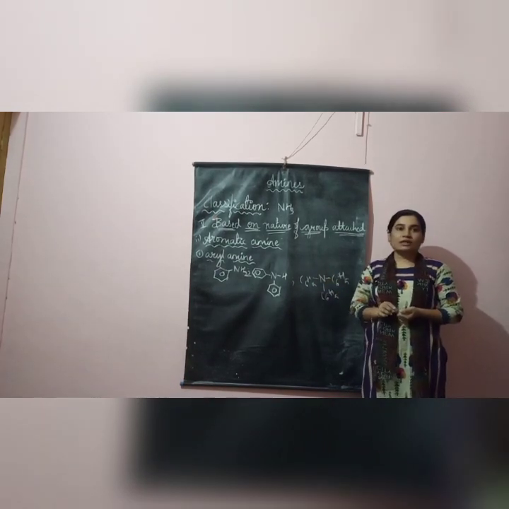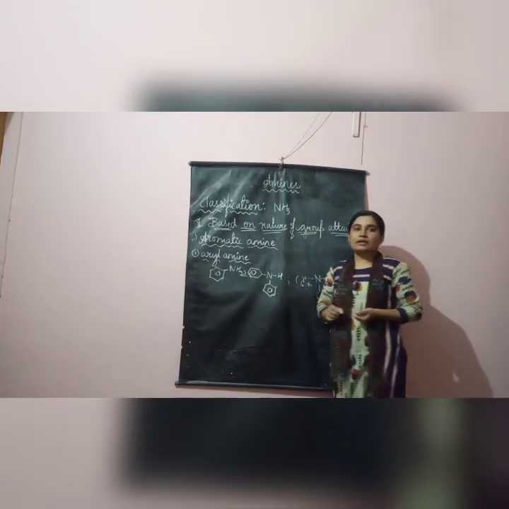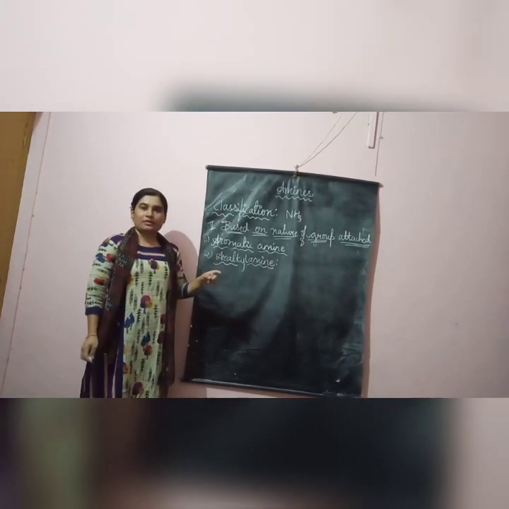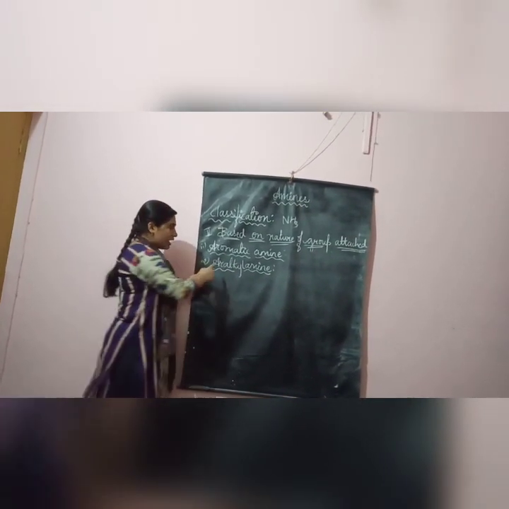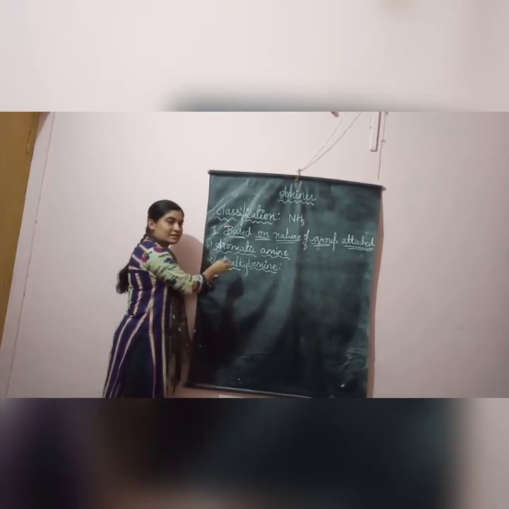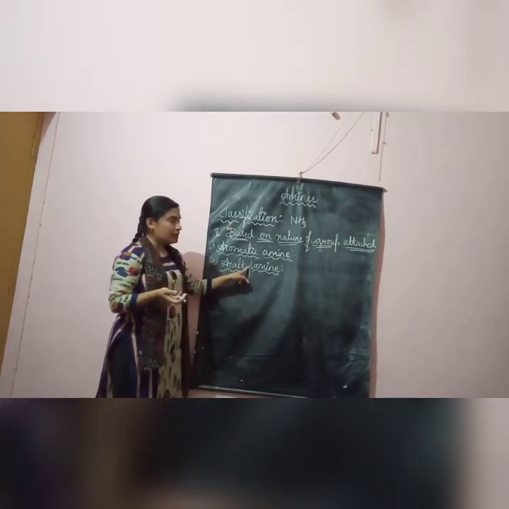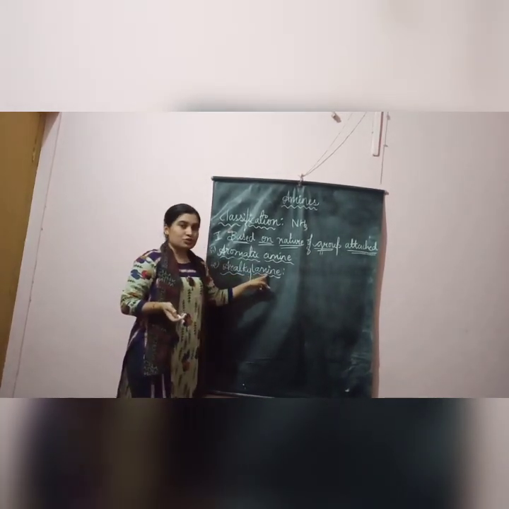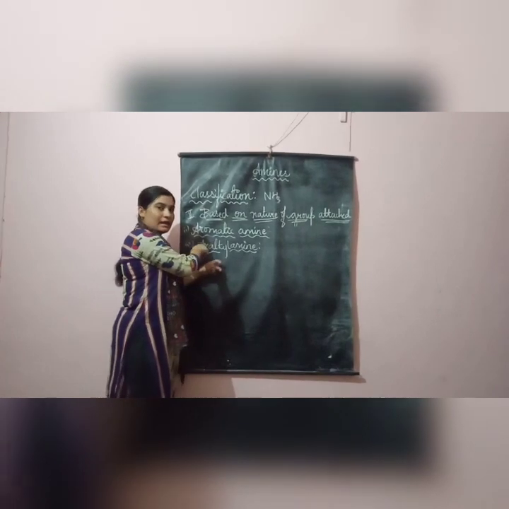Next we'll move on with our alkyl amine. So what is this aralkyl amine? I have two words written: aryl is written, alkyl is written. Here aryl stands for aromatic ring. Alkyl means it is a CH3 or C2H5 group. So it means that the NH2 group has both aryl and alkyl group.